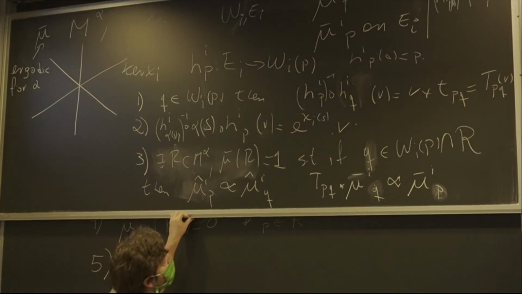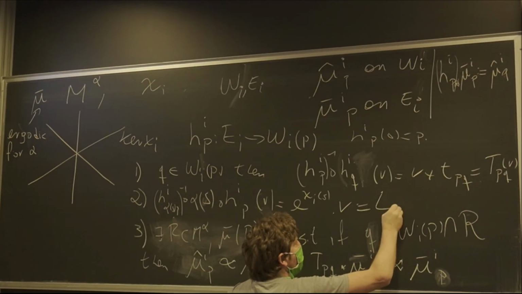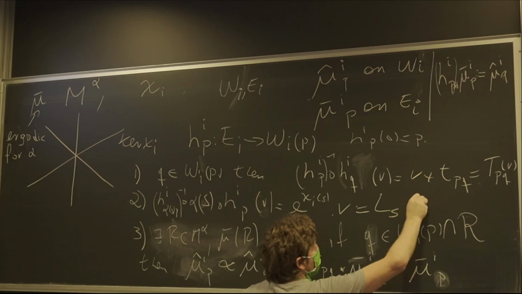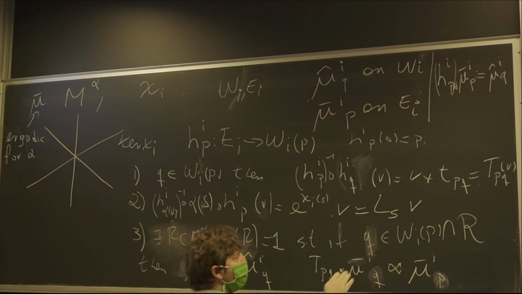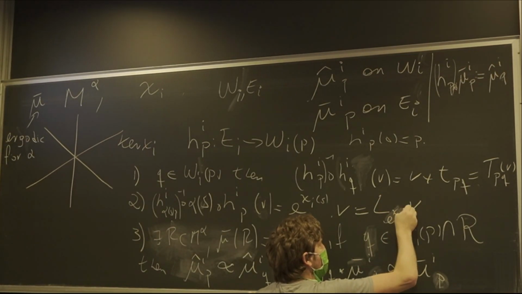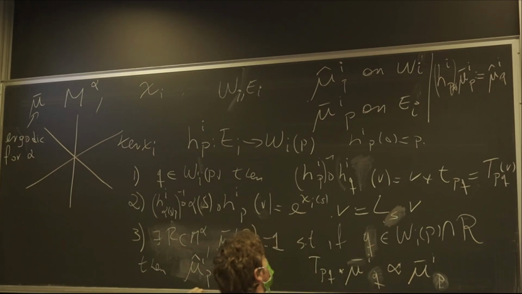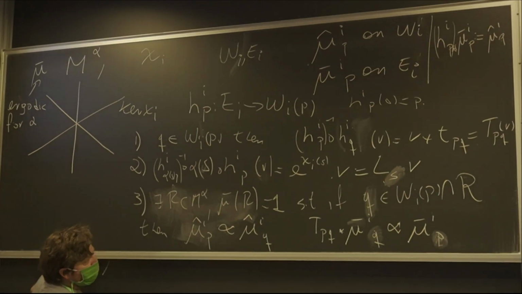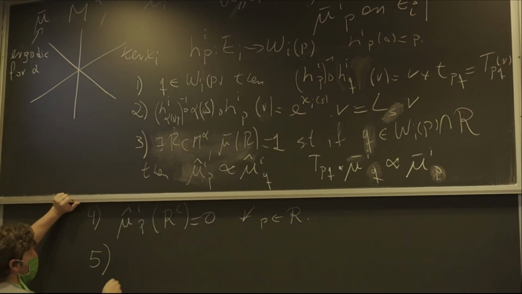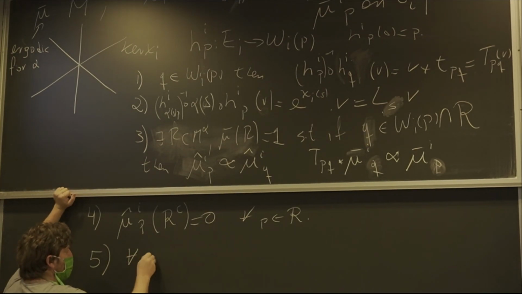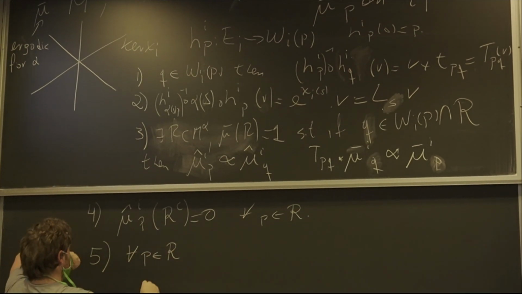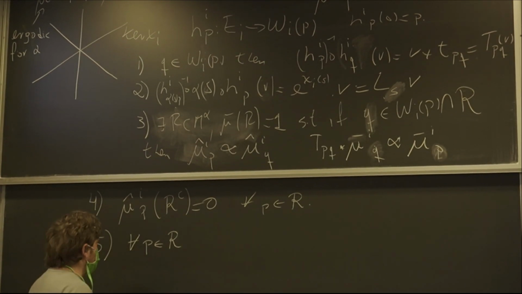So if we call this L_S of v, so it's multiplication by e to the chi_i S, maybe we just increase. Let's just call it S. L_S is this multiplication. Then we have that for every P in R, or for every S,